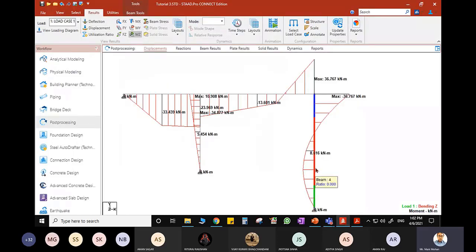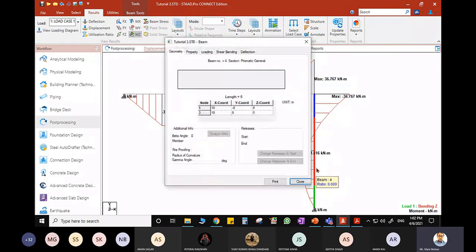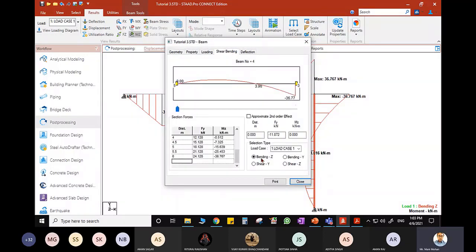At this particular member, if I want to know what is the maximum bending moment, you can make a click, go to shear bending. I want bending about Z. So from this diagram itself, you can make out what can be the possible bending moment value. From here, you can just call it up.